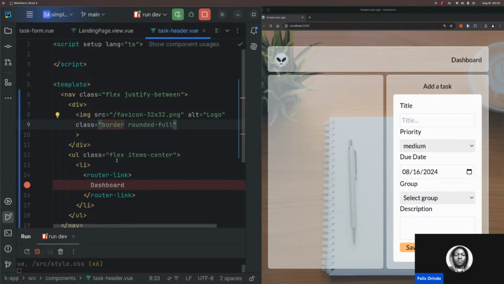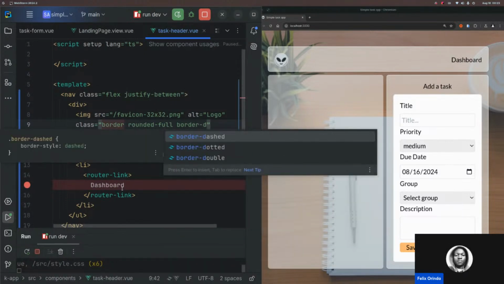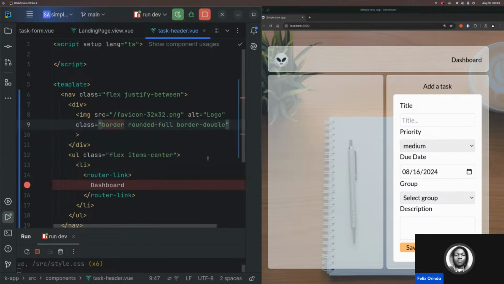Then border, which will be double, or we can go with double. So that's not so much significant. So what we'll be having on this end is